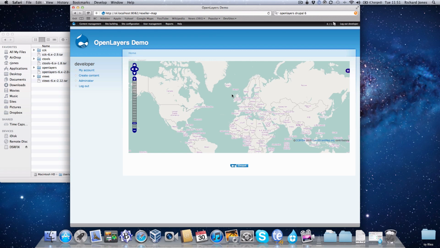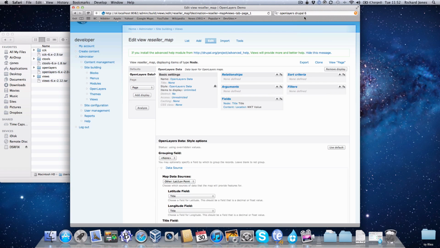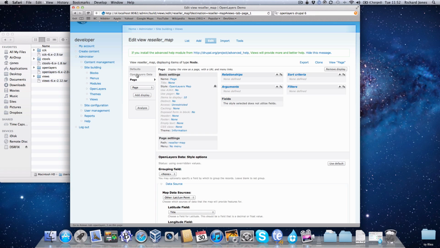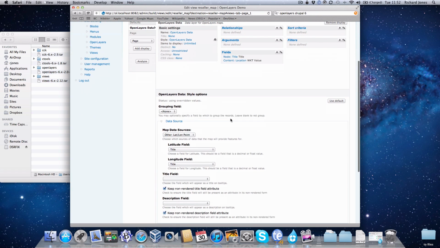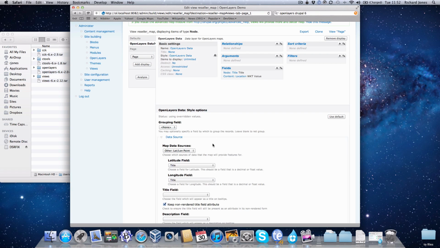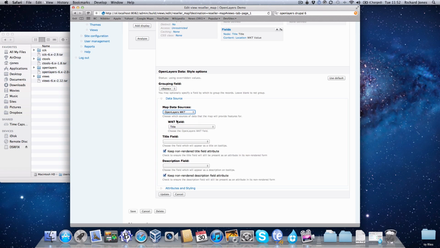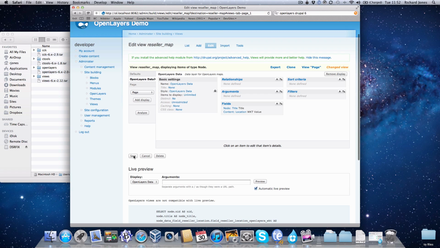There's my map. Can't see my pin yet, so I must have missed something, so I'm going to go back. Okay, so the piece I missed, if we go back to the OpenLayers data, and there was a style there called OpenLayers data, I'm going to set the configuration of that, and what we have to do is we have to tell the map which field in the content type represents our location. So what I'm going to say is, in this particular case we use WKT, and that field is the one called location, and the title is the title field, and that is all we need to do. So I'm going to click there, save again,